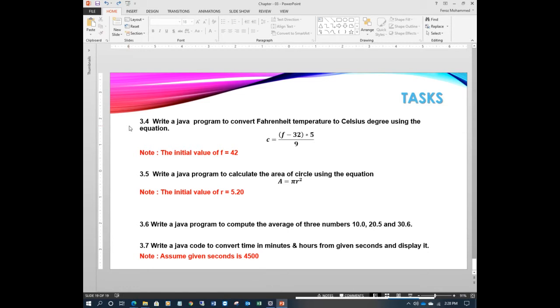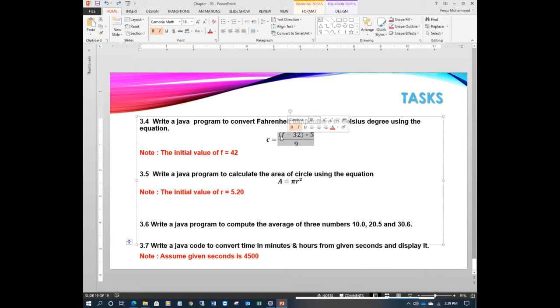They have given the initial value 42 for the Fahrenheit temperature F. For the given Fahrenheit temperature, you need to convert to Celsius degrees. So for a given input F, right? By our simple understanding, whatever is on the right hand side, 32 is constant, 5 is constant, 9 is constant. Now the identifier F is input, output is C. So we need the value of F, use this equation and print the result C. So we have two variables, F and C.